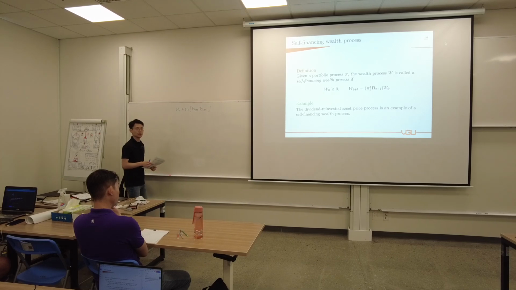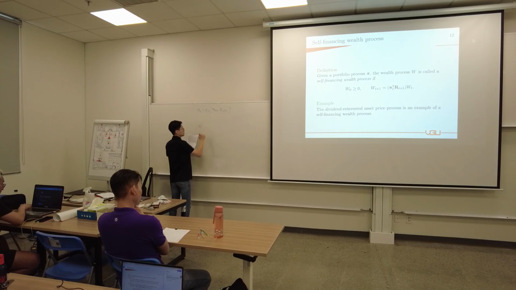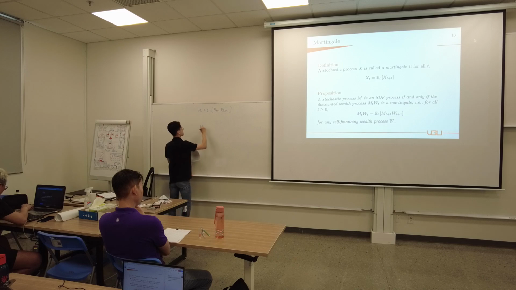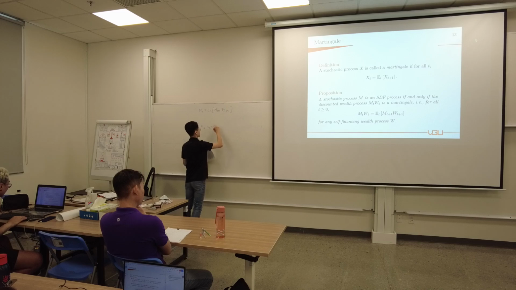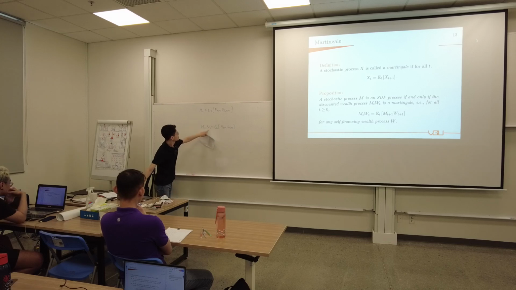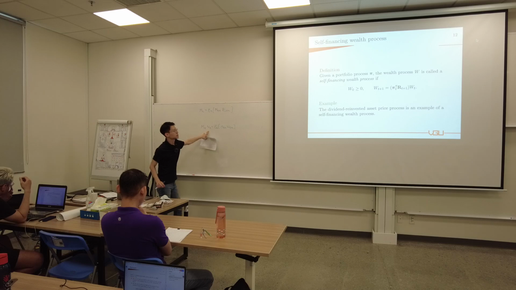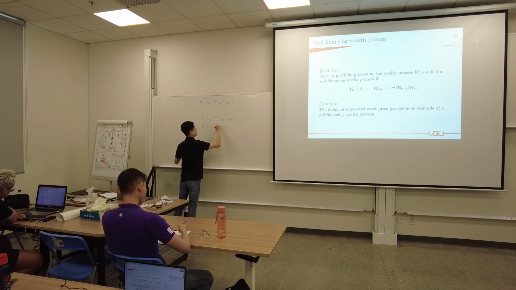Asset price process. Okay, so let's say what we have is correct: WT equals the expectation of MT plus 1 times WT plus 1. Let's say this is true, and let's say we choose WT to be the dividend reinvested asset price process. Okay, and let's say it is called S. So this is true.